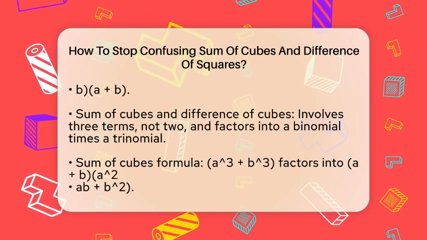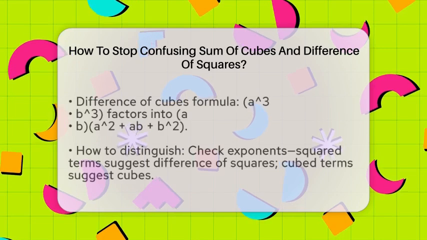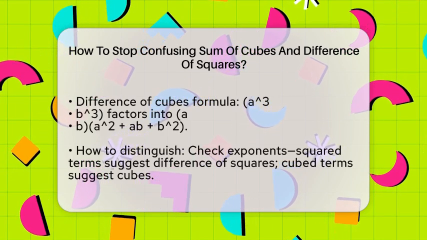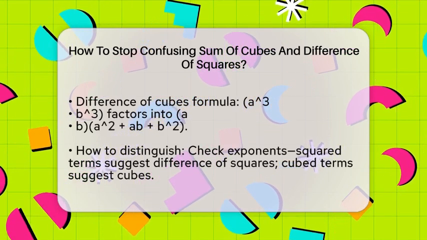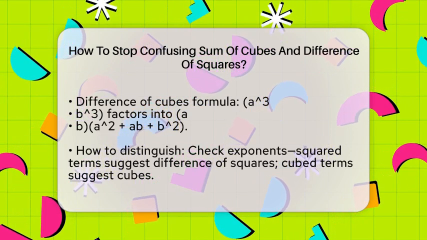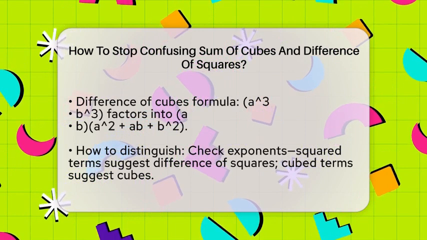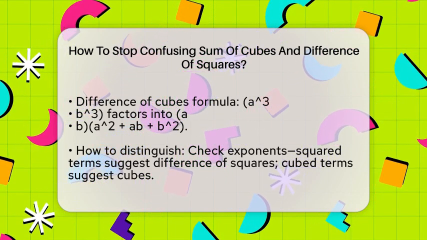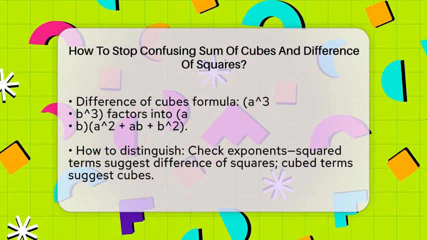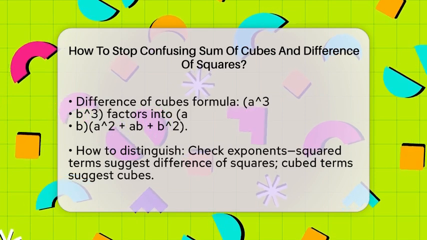So how do you tell them apart? First, look at the exponents. If the terms are squared, you're probably dealing with the difference of squares. If they are cubed, then it's either the sum or difference of cubes. Next, check the sign between the terms. A minus sign points to difference of squares, while a plus or minus sign with cubes indicates the sum or